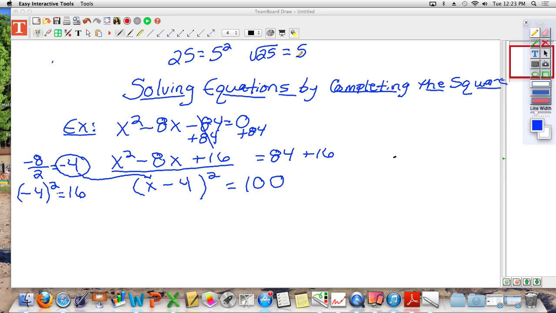So when I take the square root of 25, it really means that I'm taking the square root of 5 squared. Would you agree? And you guys just told me that the square root of 25 is 5. So the point of me talking about this is that when you square root something that is squared,